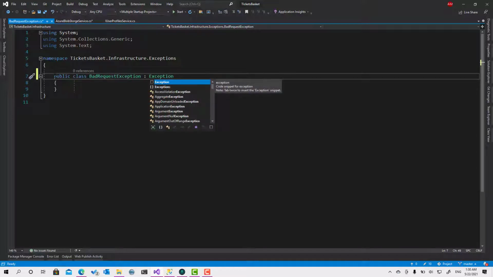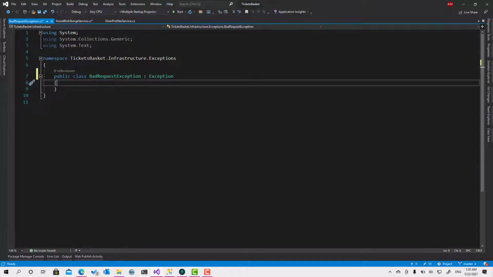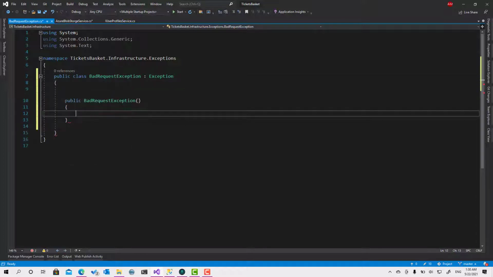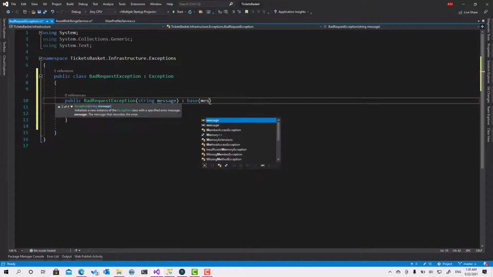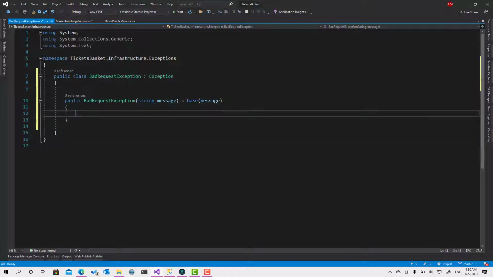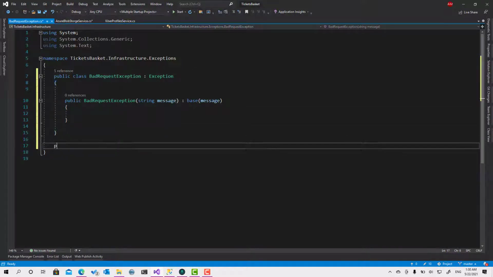So this is our main exception. This one is going to be the base for all the exceptions that we are going to use across our services. So this one is going to be very simple. It will just take a message and pass this message to the parent constructor, and this is it. So this is the first exception we are going to have, and the second one is not found exception,